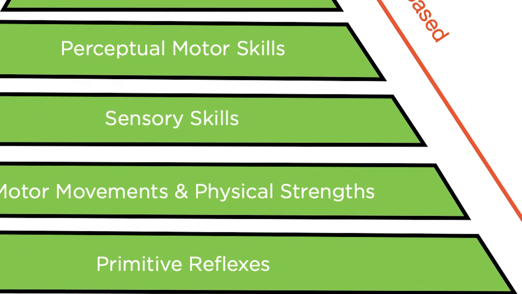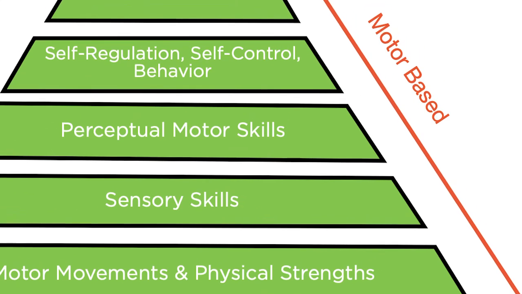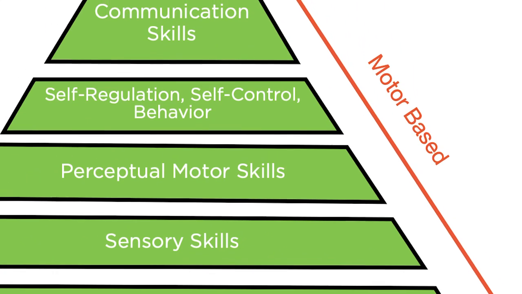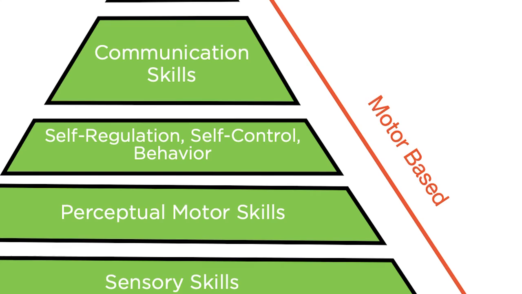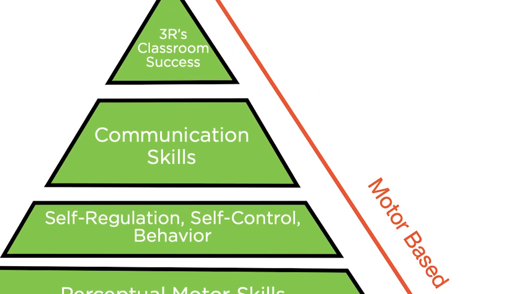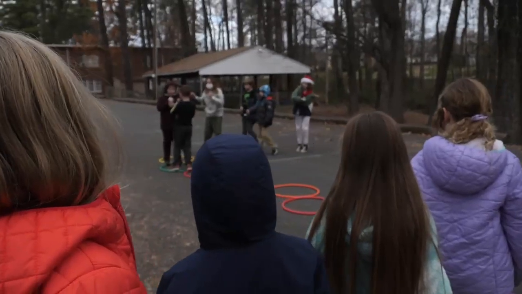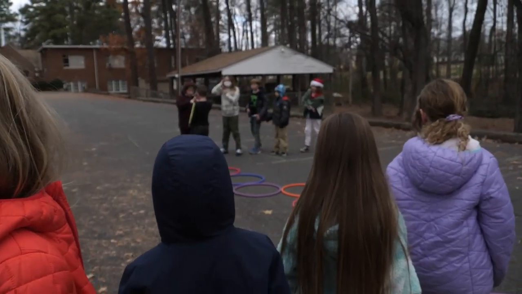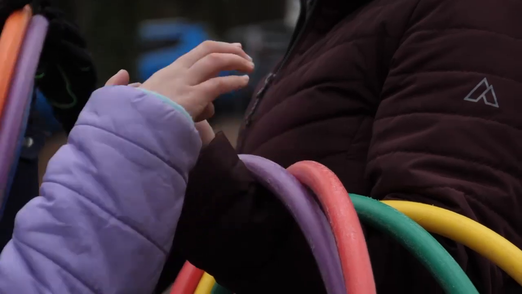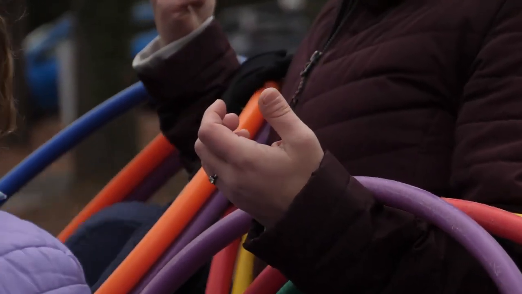It starts with physical strengths, moves through physical skills, and up into those meaty classroom necessities: self-regulation, self-control, and behavior, which then support our communication skills and ultimately our 3 R's, or our academic success. You can really see that the bottom of the Pivot to Play pyramid is satisfied by the top of Maslow's hierarchy of needs, and the top of our pyramid is where we have to start in order to begin through